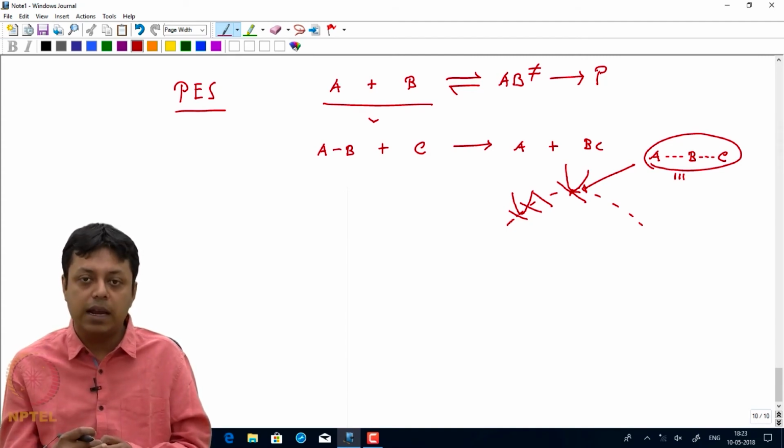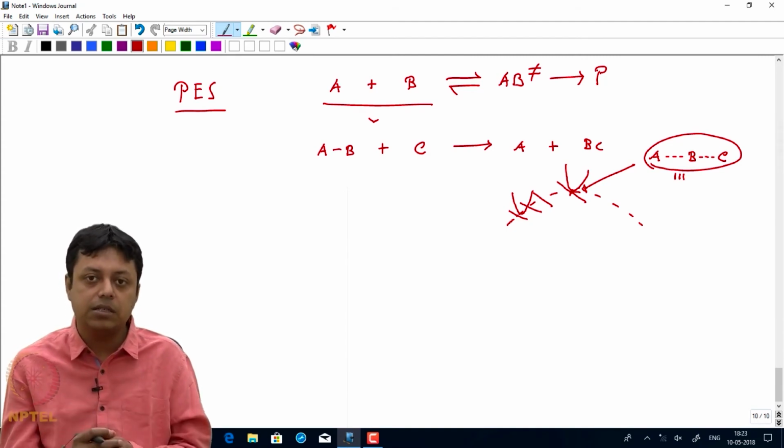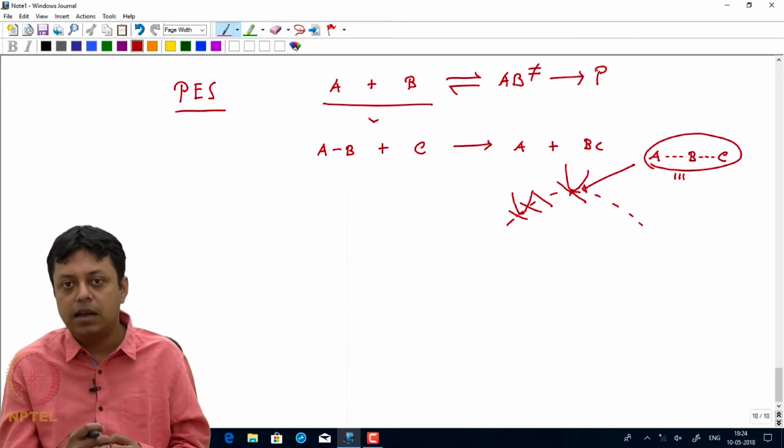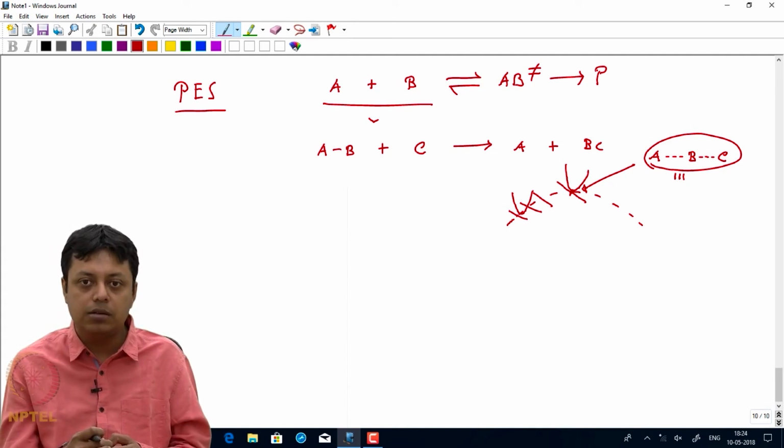So you can actually meet the correct energy requirement, but you may not be able to meet the correct orientation factor, because there is no way you can think about the orientation from a hard sphere model, because these are structureless. But you can incorporate it into the transition state theory, and you can physically interpret it as an entropic factor. So in the next set of lectures, we'll see how one can think about